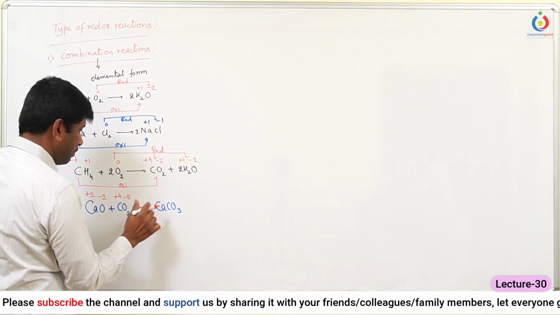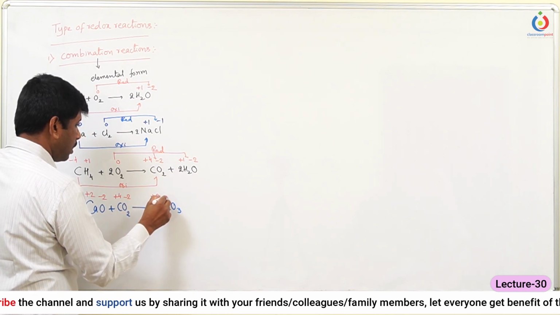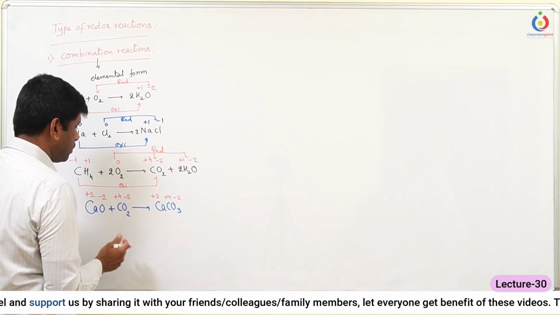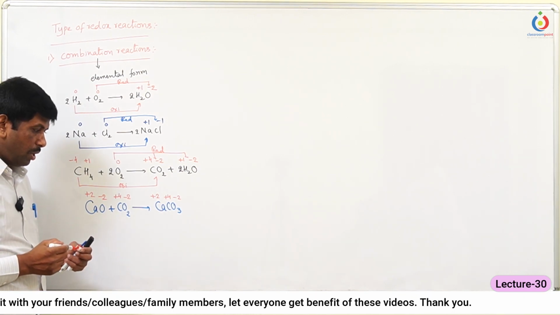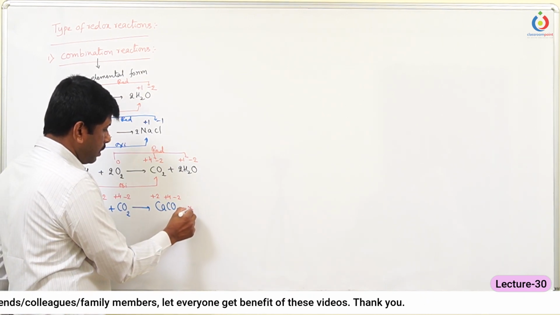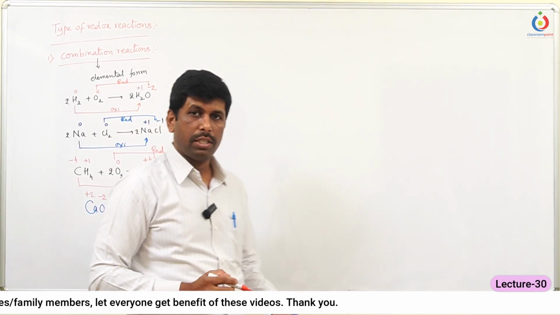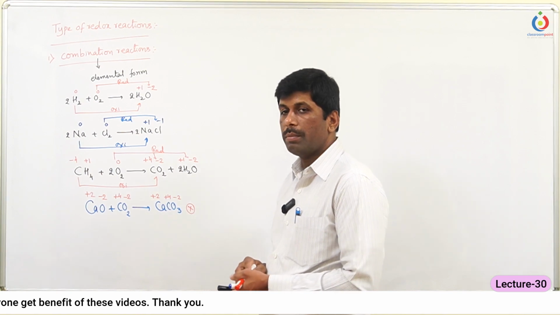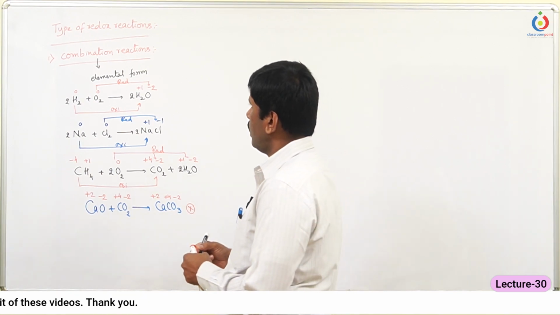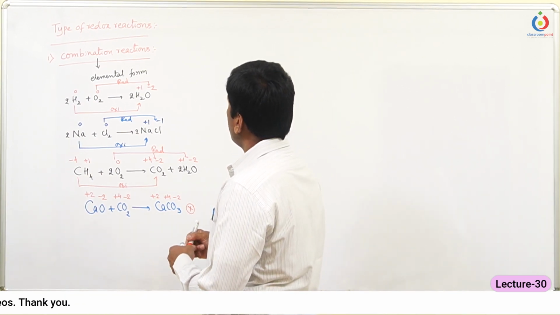Now here calcium +2, carbon +4, oxygen -2. There is no change in the oxidation number of any of the atoms. So this reaction cannot be called a redox reaction. So one of the reactants must be in the elemental form in the case of combination reactions. So let us see now the second one,